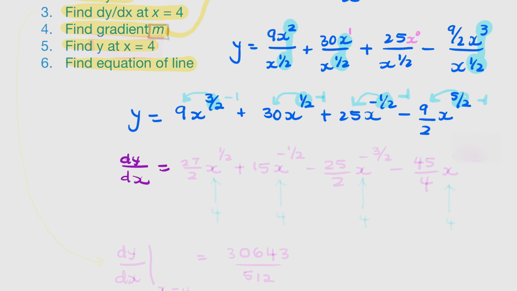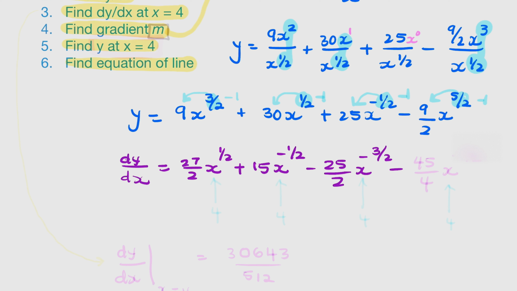So dy by dx will be 27 over 2x to the power 1/2 plus 15x to the power minus 1/2 minus 25 over 2x to the minus 3 over 2